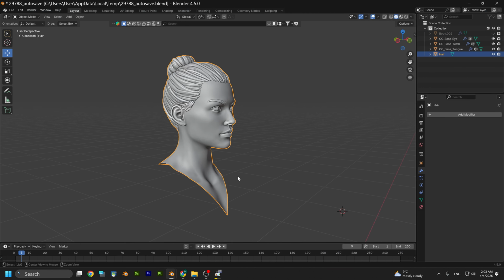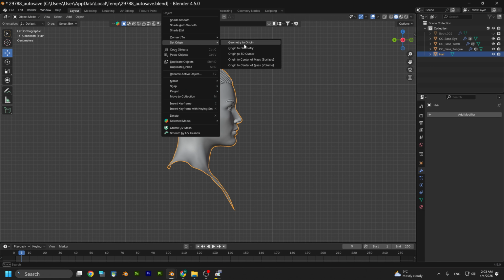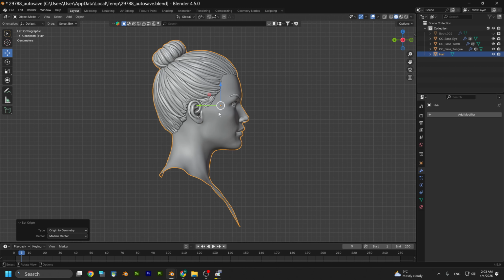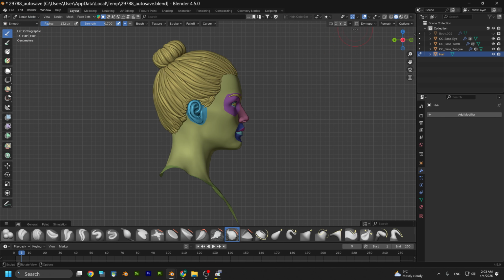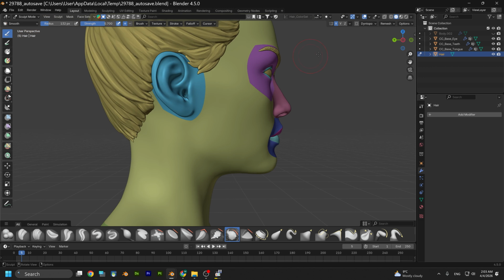And here, let me set origins to geometry. And now we're going to get this ready. So I go to sculpting mode, turn on the symmetry, and I want to